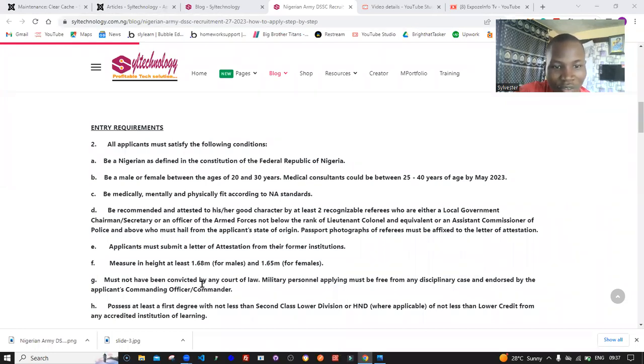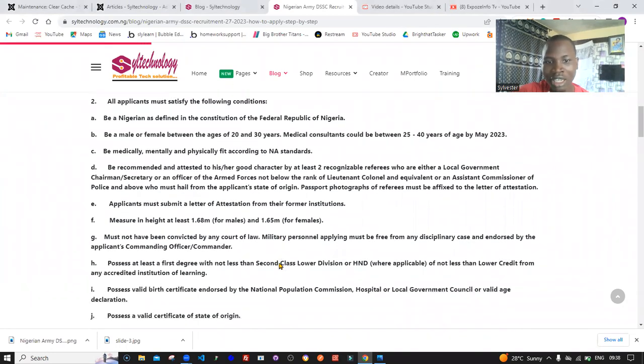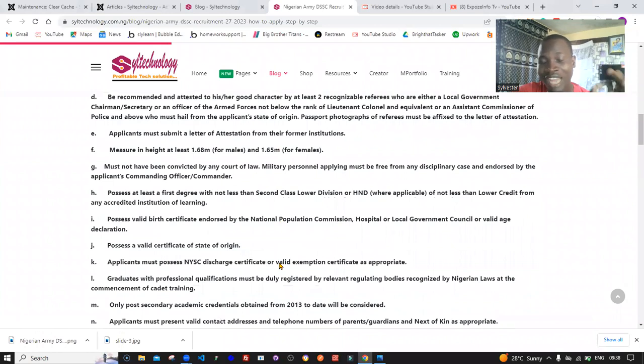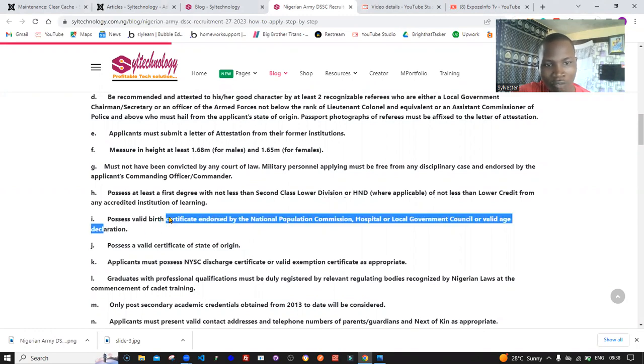You must not have been convicted by any court of law. Military personnel who apply must be free from any disciplinary case and endorsed by the applicant's commanding officer. Okay, so which means people that are serving already can also apply for this program. You must possess your valid birth certificate that is endorsed by the NPC, that's National Population Commission, and you